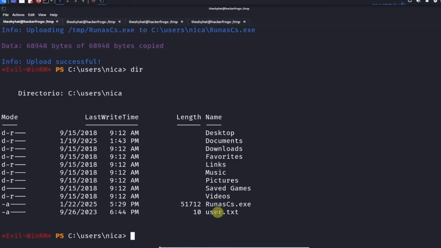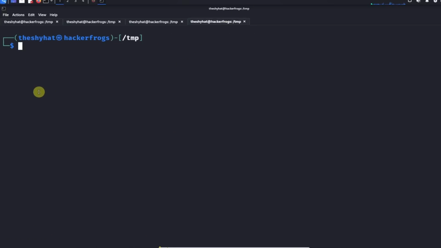Okay, so the runascs binary is here. We've uploaded it, and we're going to run this to try to get a reverse shell as the akanksha user. In order to do that, we first need to set up a reverse shell listener. So we're going to run